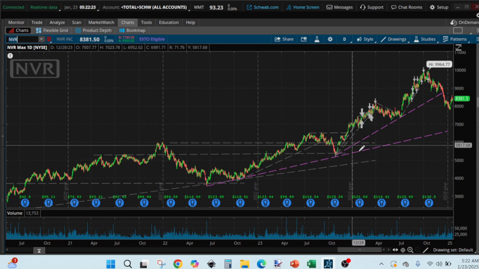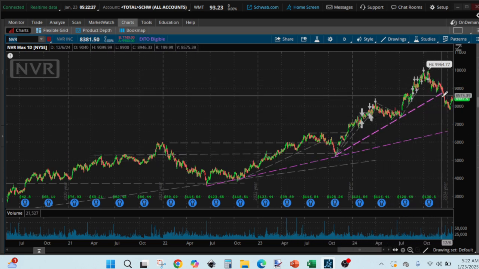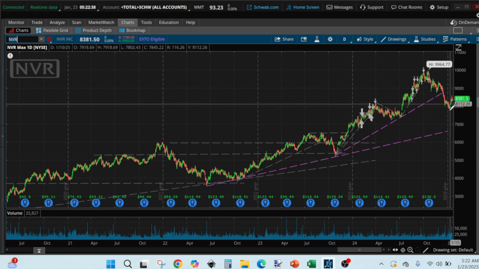It made a similar one here and made a similar one here. So from where it is right now, it could well just be using this area as a support and just continue. In that case, if you are trying to buy,